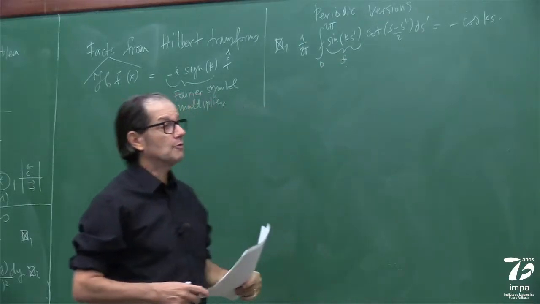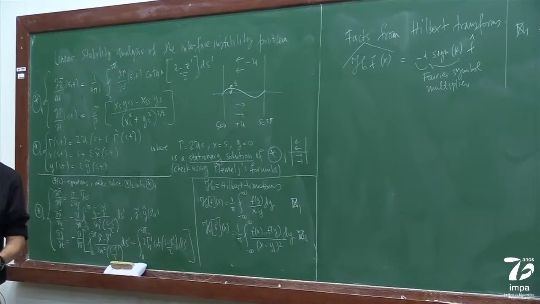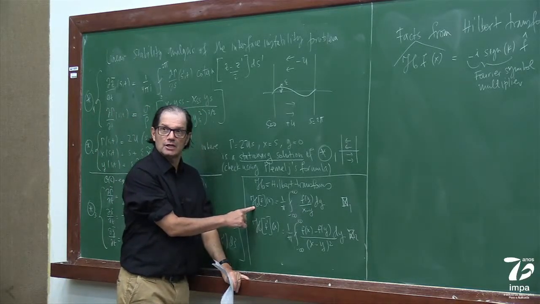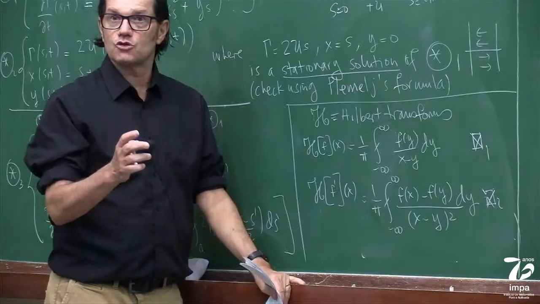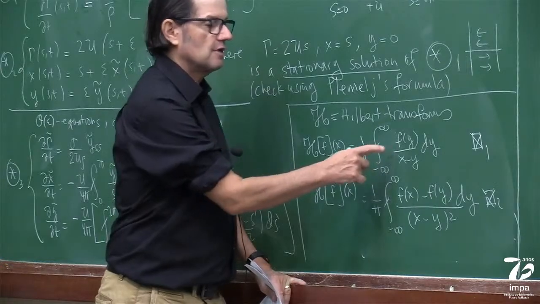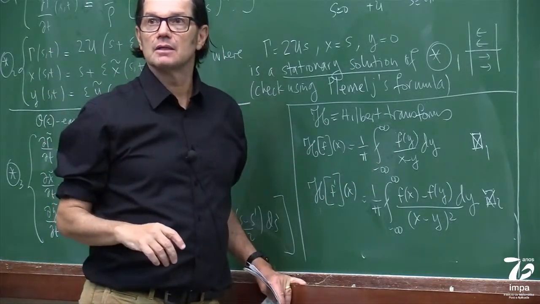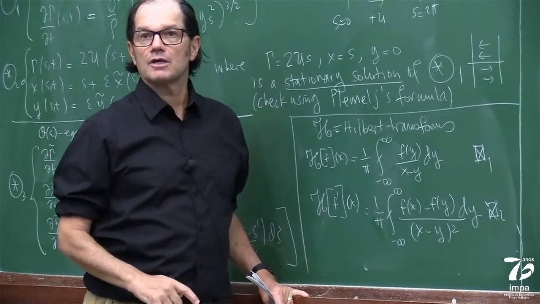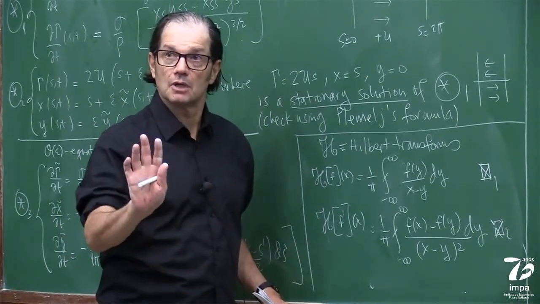Okay, so let me repeat, because I'm giving you results without showing the intermediate steps. So here's the Hilbert transform, calligraphic H acting on F, gives me this. And I'll show you today that if F is the trace on the boundary of an upper half plane harmonic function, this is the trace of its harmonic conjugate. I'll show you this today.